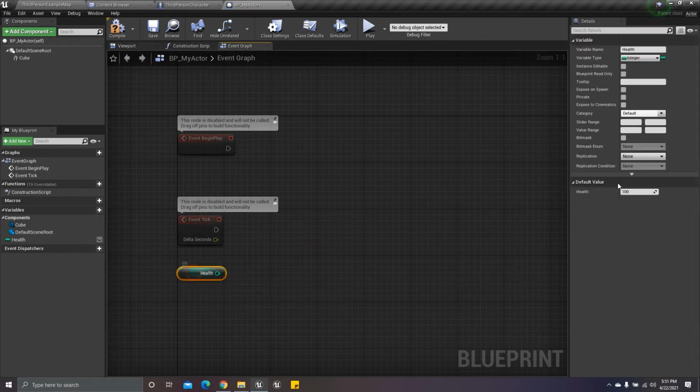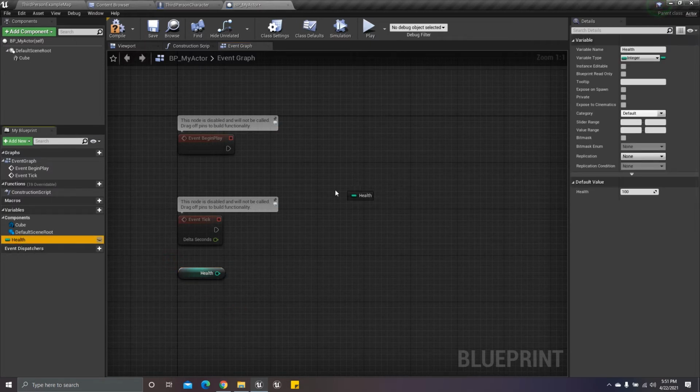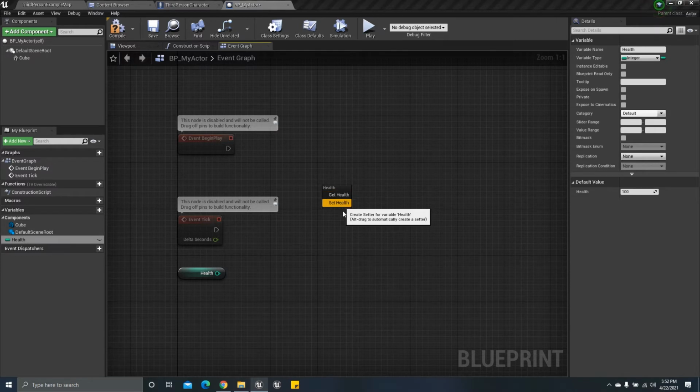If I click here, it will show that we have the health variable and our health is 100. You notice that when I drag and drop this variable into the event graph, it asks whether I have to choose get health or set health. So what are those two things?